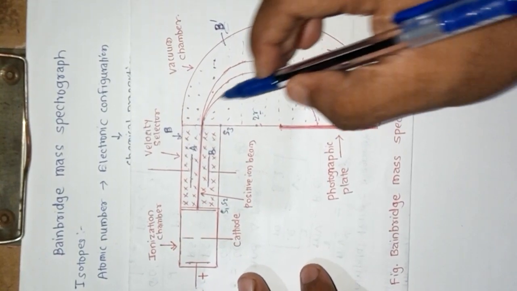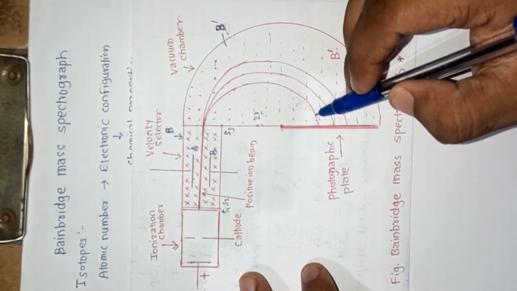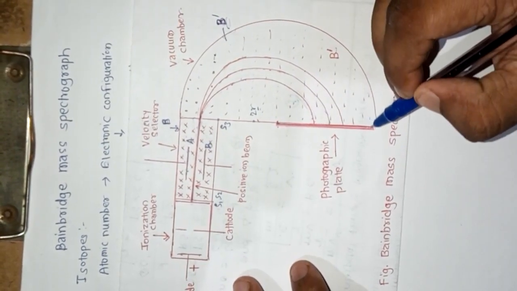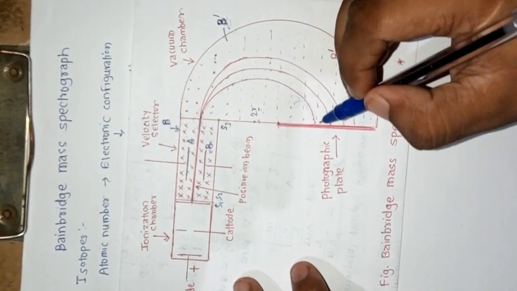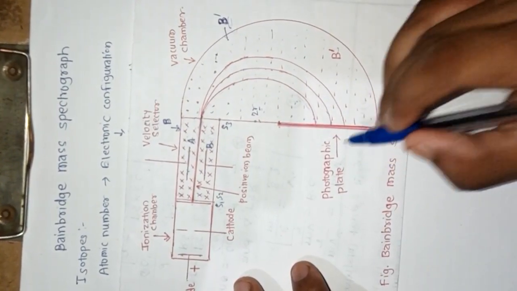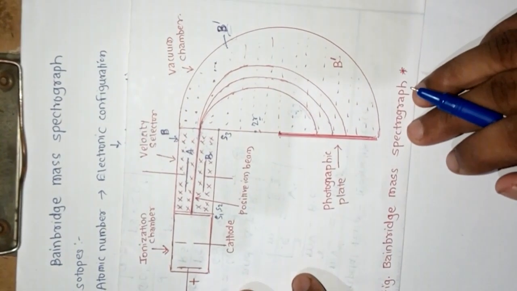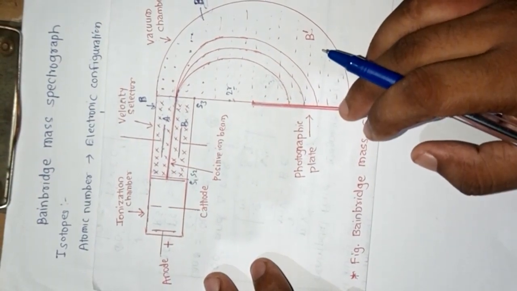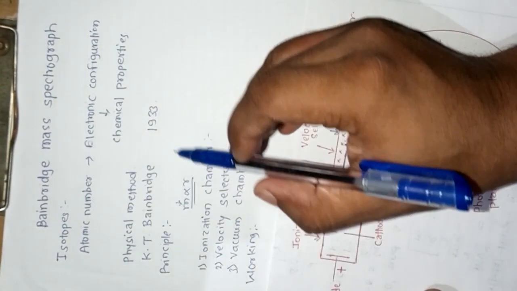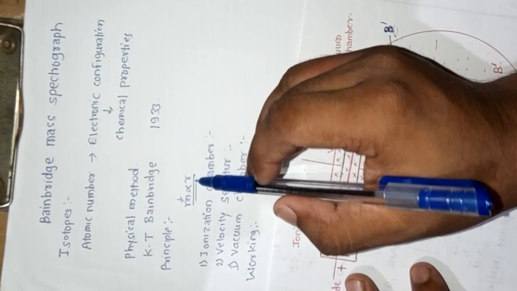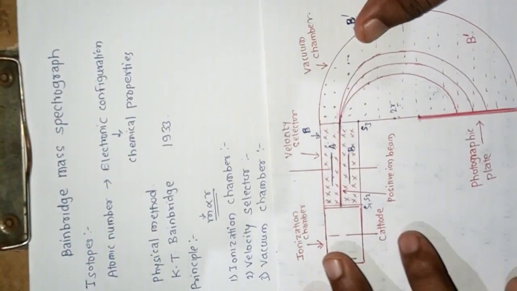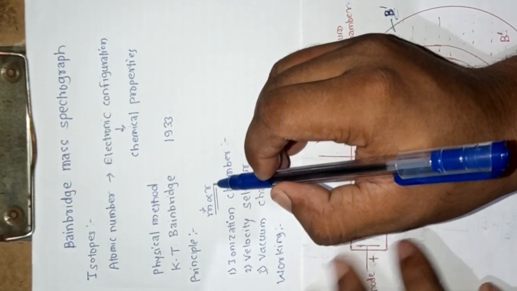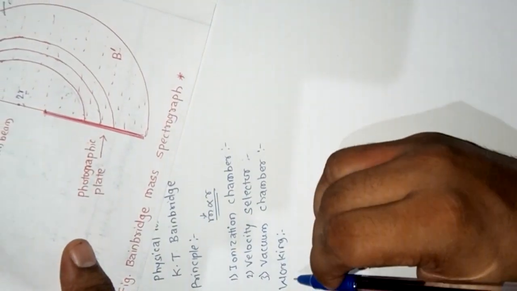After that these beams fall on the photographic plate, which is exactly placed in the path of the ions. This is the photographic plate. So this is the working part, and from this we can detect the presence of isotopes using this relation, that is m is directly proportional to r. Here m is the mass of ions and r is the radii. Now see its derivation.